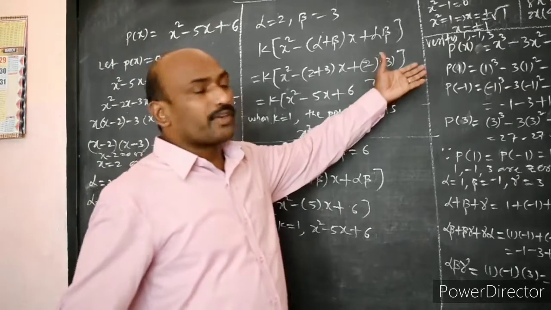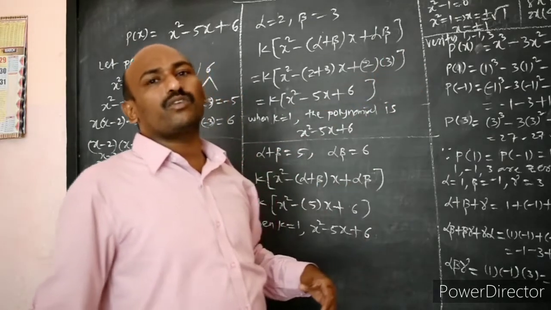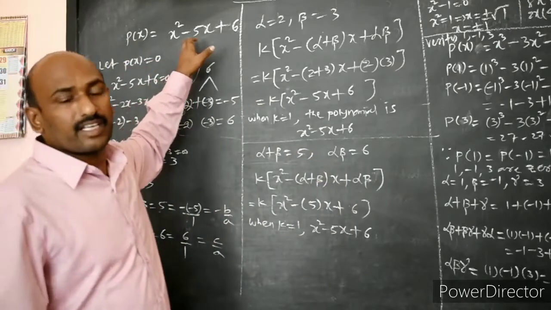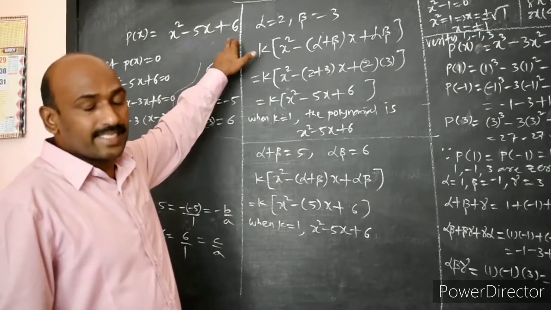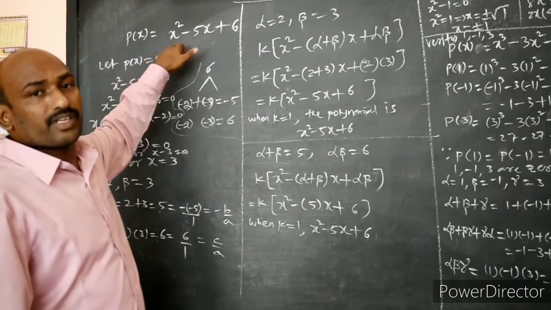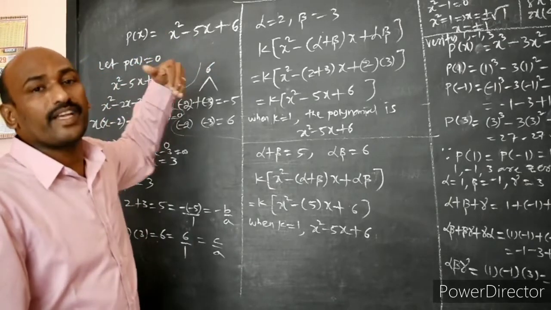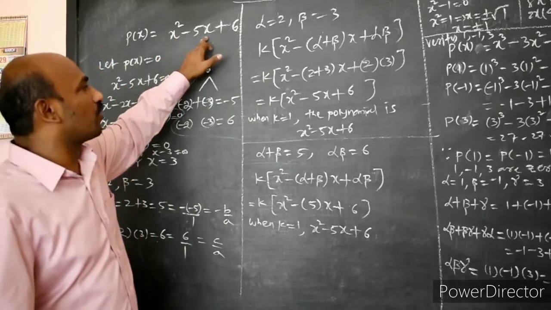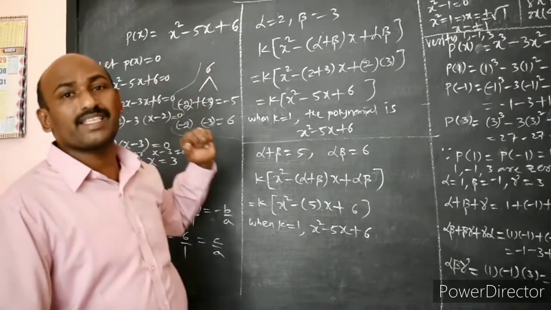And also for a cubic polynomial we can check the zeros and verify the relation between the zeros. Now first of all, if I take this quadratic polynomial x square minus 5x plus 6, then they can ask the question: what is the coefficient of x cube? Here there is no x cube, so we can take it as 0, and the x square coefficient is 1, the x coefficient is minus 5, and the constant term is 6.